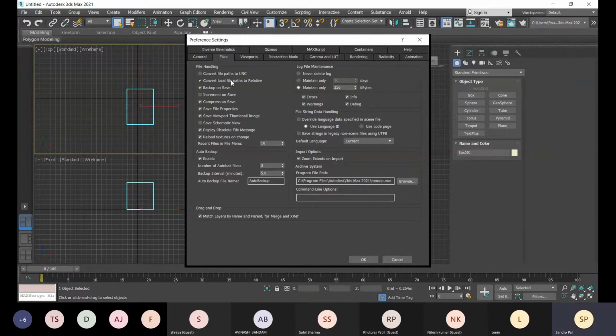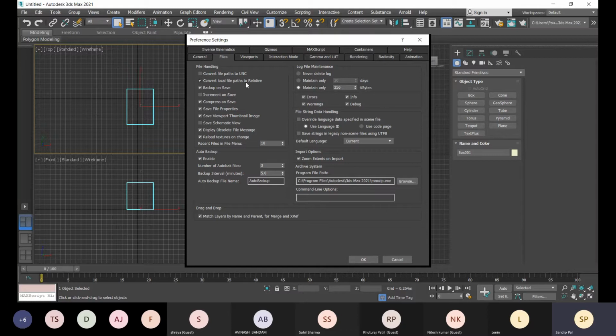Okay. One more thing, you can choose this convert local file paths to relative. Why do we choose this? Because in this project I will apply some materials and those materials are saved in my particular folder, and that has some path.